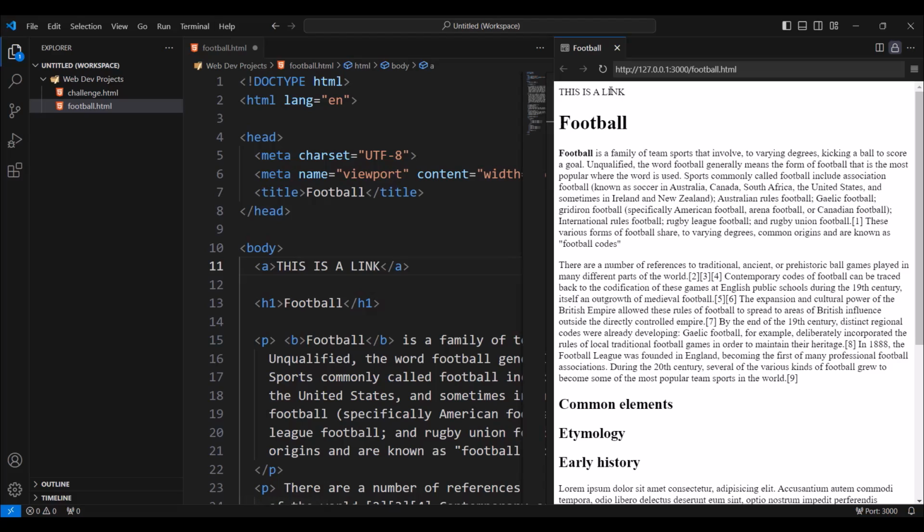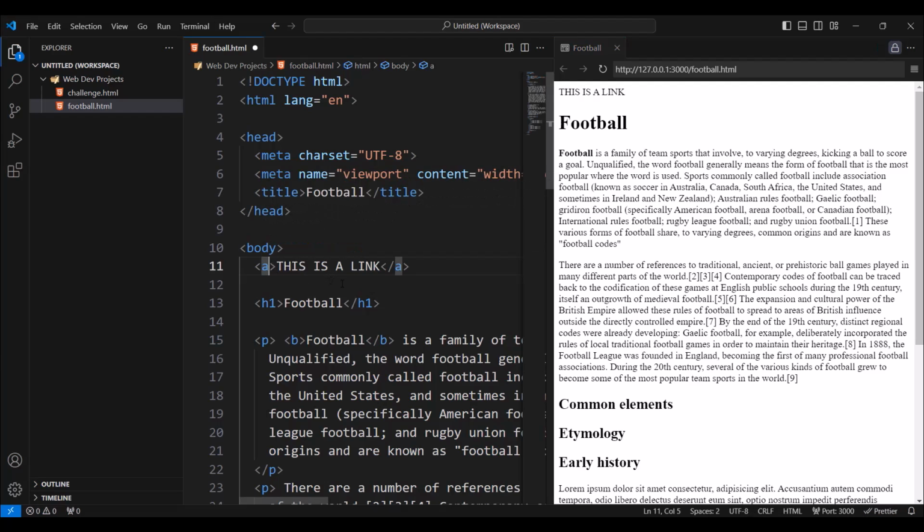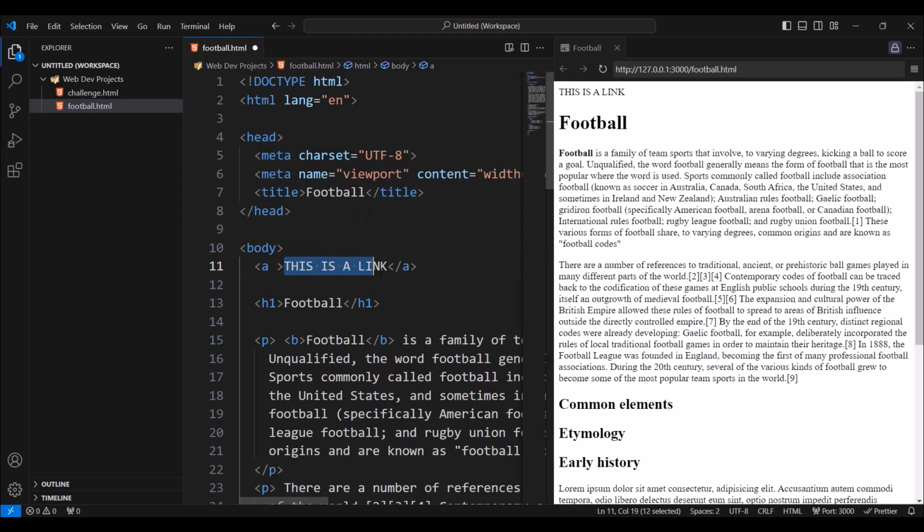And we have this is a link, but as you can see this is not clickable. We can't click on it. Why? This is because we forgot something which is extremely important, and that is we forgot to provide a destination for the link, so where the link is going to take us after we click on it. And to define the destination we need to use an attribute, and the attribute, as you can see I put the cursor here, is going to go before this angle bracket, but not after the angle bracket, because that is the content, that is the name defined there.